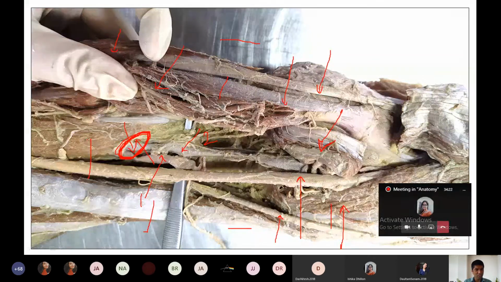See here. Now you can easily guess this muscle is the adductor magnus. This is the posterior view of the adductor magnus. On the lower part of the adductor magnus here, you can see an opening, and this one is the adductor hiatus. Through the adductor hiatus, the femoral artery and femoral vein will continue here into the popliteal region to form the popliteal blood vessels. Actually, the vein is going upward. This I think no need to tell you now. The artery is coming downward. Okay, this one is the adductor hiatus.